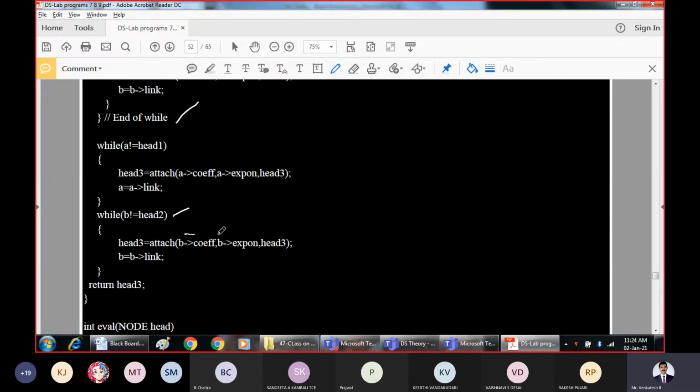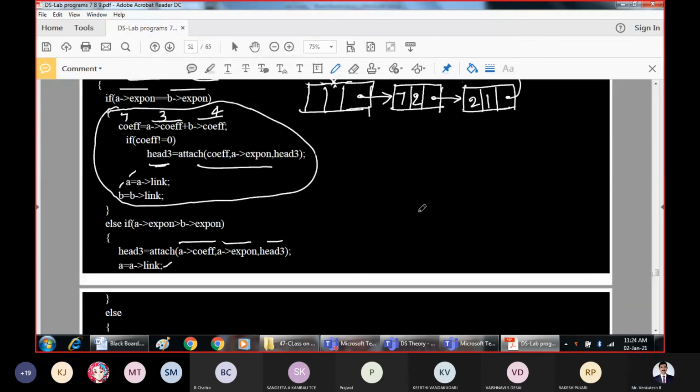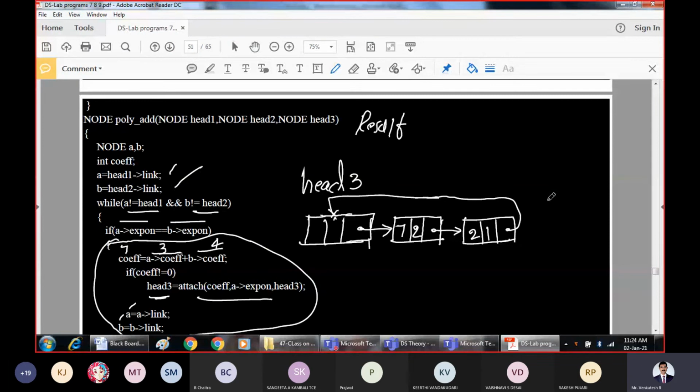That means take that last term and attach it to head 3. So take this last term 2x raised to 0 and attach it to head 3. I'll go to the resultant polynomial and draw the new term 2x raised to 0 here. Just for completeness, I'll erase this part.